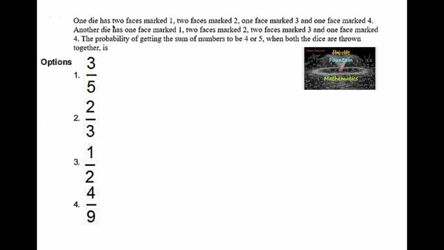Given that one die has two faces marked 1, let us consider D1, the first die: two faces marked 1, that is 1 and 1, two faces marked 2, that is 2 and 2, one face marked 3, and one face marked 4. And the second die,